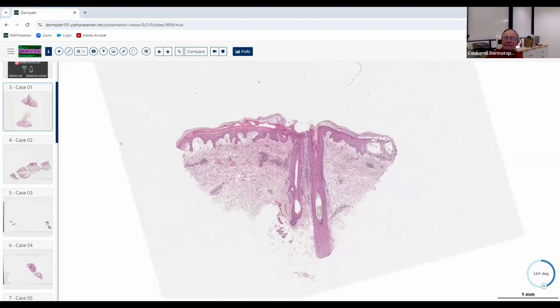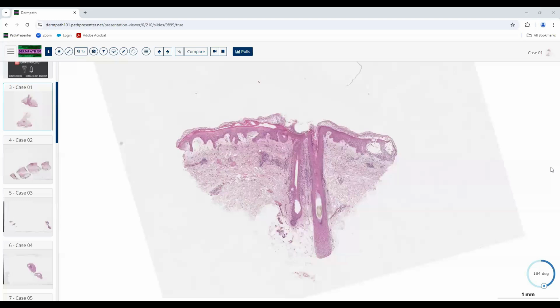Great. Okay, so looks like we have a punch. Looks to be on a hair-bearing area, so not the palms or soles, not mucosal. Could be like an arm or a leg, possibly. It doesn't look like the dermis is super deep. And then looks like a benign lesion,